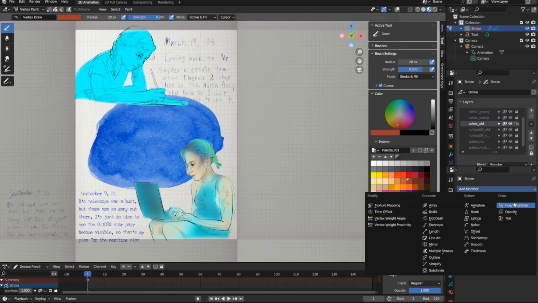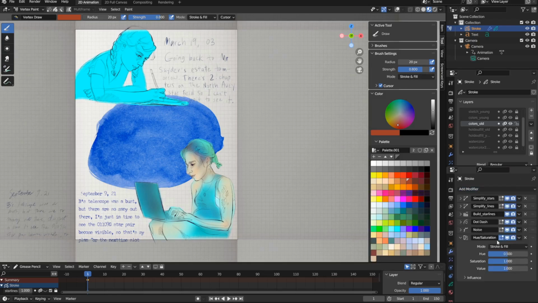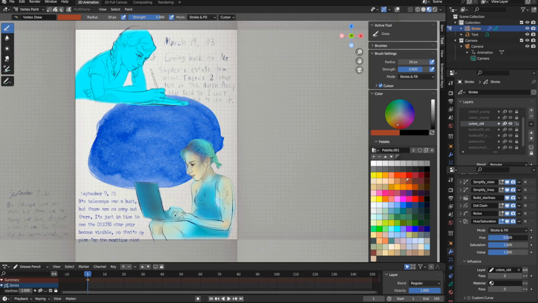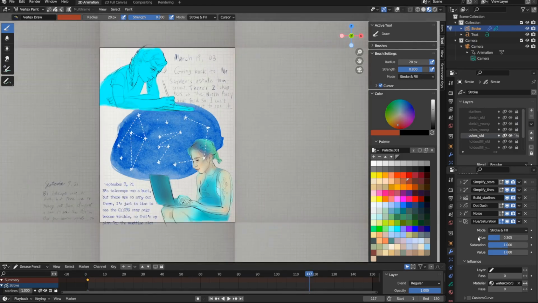I start playing around with a hue saturation modifier to try and modify first the color of my characters and then of the watercolor texture. Basically, I realized that I had picked two blues that didn't go super well together, at least in my opinion. I wish I had started from a more navy blue base for my characters, rather than the almost teal color I chose. So I ended up using the modifier to add a bit of a teal tone to the watercolor texture to help it match with the color of my character art. And like I said, I'm happy with what I ended up with, though I do think it could have been better and easier to do with a bit better planning.